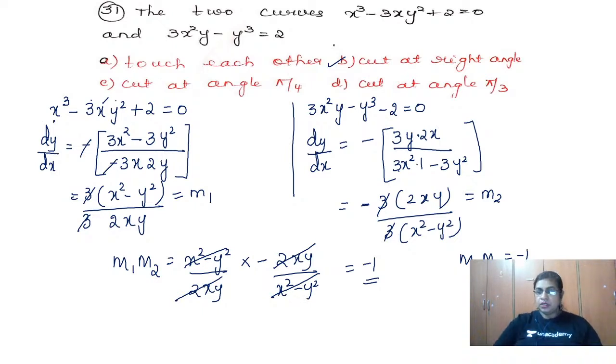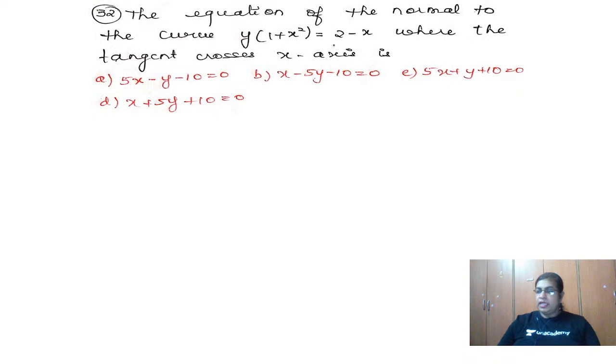So coming to question number 32. Okay, so now what is this question number 32 telling us? The equation of the normal to the curve. So this is our curve, y into 1 plus x square is equal to 2 minus x, where the tangent